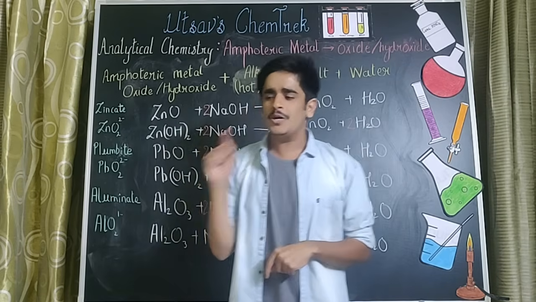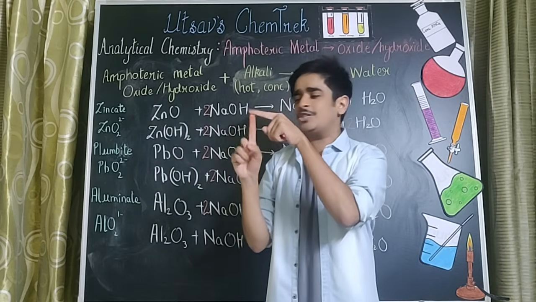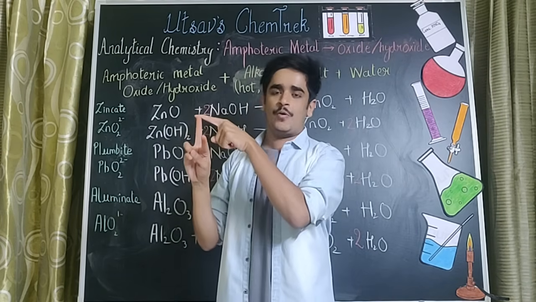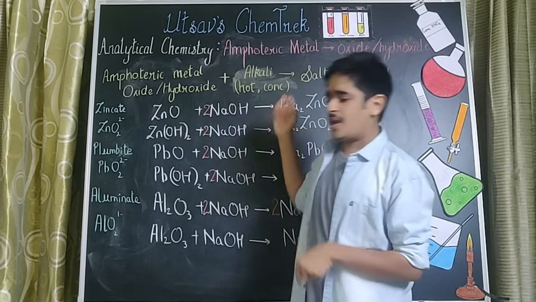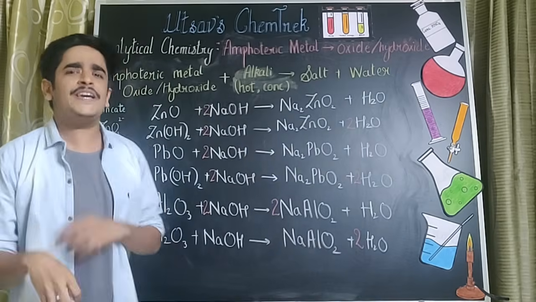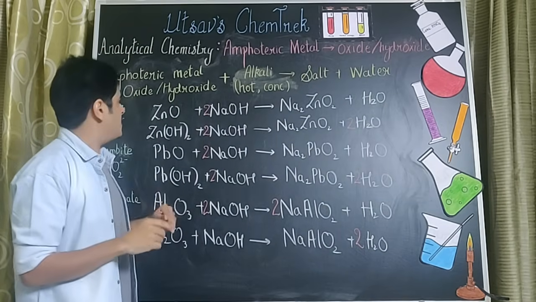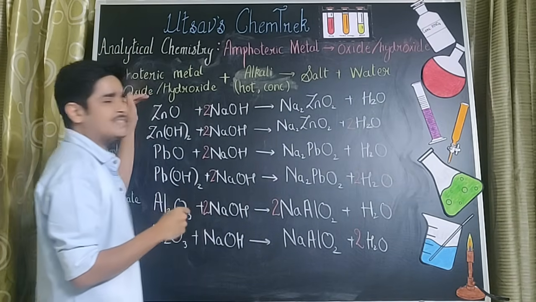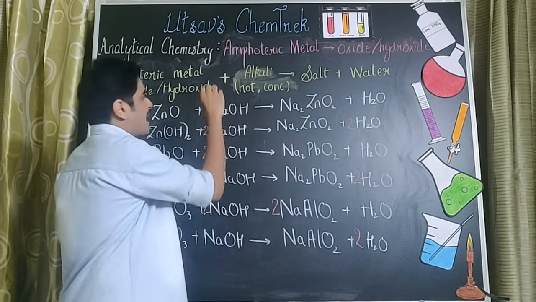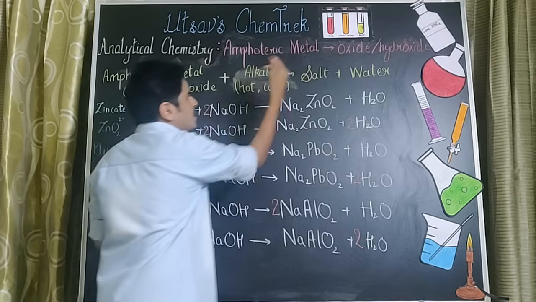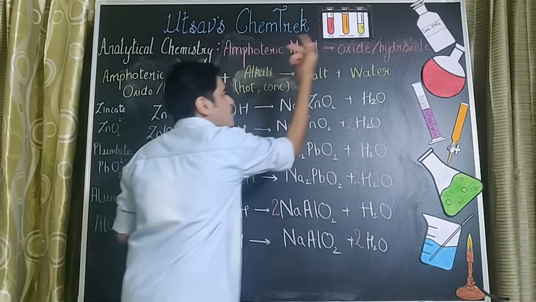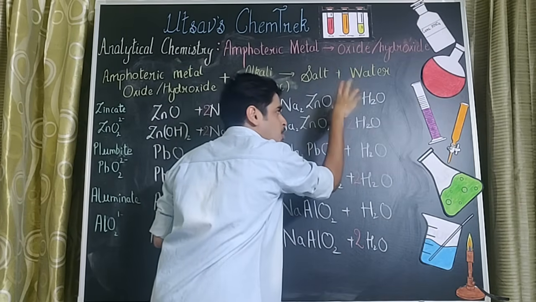They're again 2 in number, sodium hydroxide as NaOH and potassium hydroxide as KOH. They are supposed to be extremely hot and concentrated. Now, let's go for the reaction part. In this particular case, we either have zinc oxide or zinc hydroxide and they react with sodium hydroxide. Sodium hydroxide के react करने के बाद they will give me the salt which is sodium zincate and water, which is given by the formula H2O.